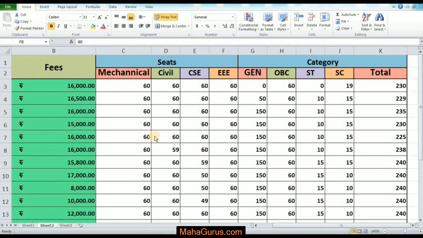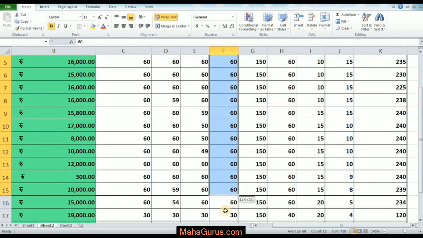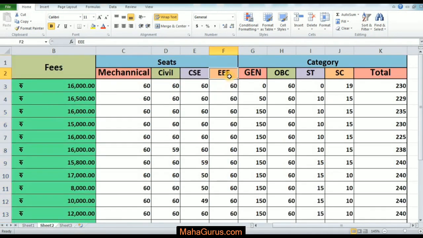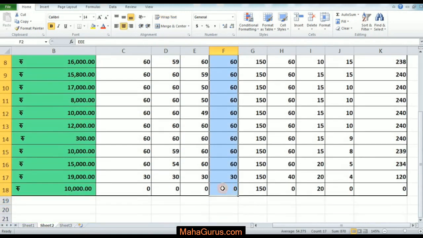So in today's lesson we will learn how to sort data in Microsoft Excel, how to do just basic sorting. So guys, first we have to select the cells. I'm selecting this column from top to bottom, and after selecting, just click on the